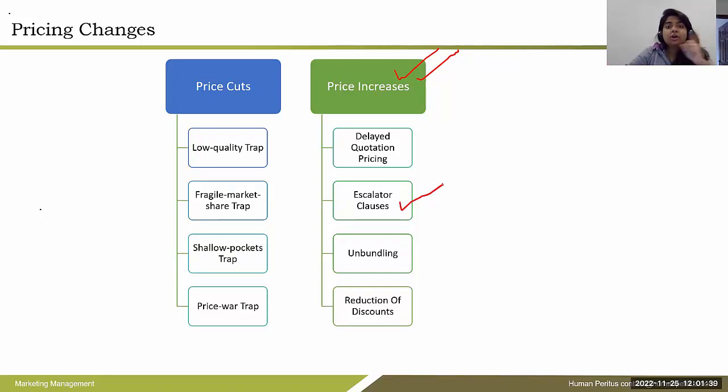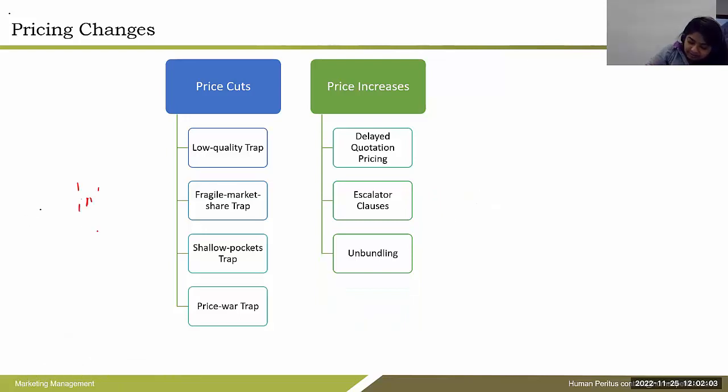Escalator clause. A lot of times, especially for companies, this escalator clause is there. This is for taking into account inflation. I am expecting the inflation to be, let's say, 5%, but inflation is actually 8%. So you have this escalator clause, which basically says that this percentage is flexible and it will depend on the